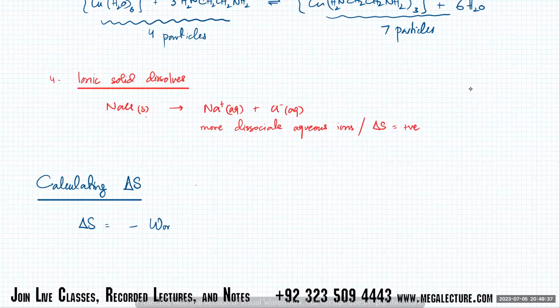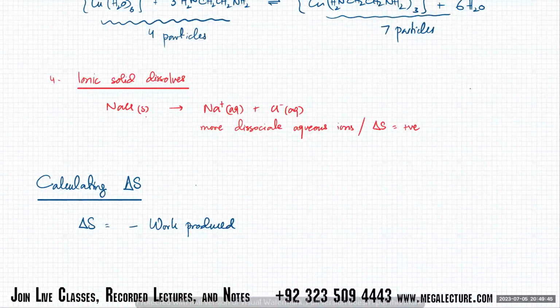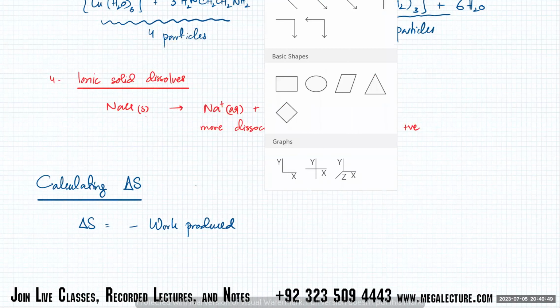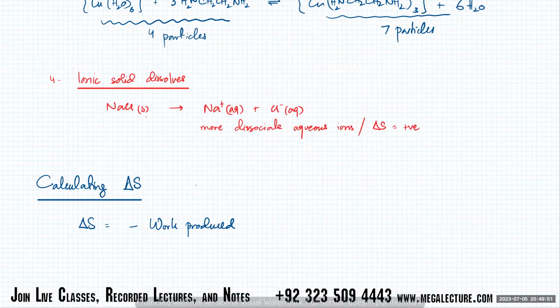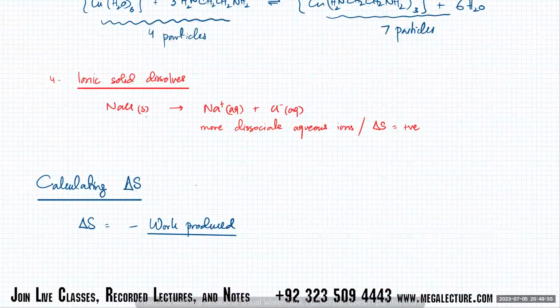It's the work that's going to be produced. Work produced is exothermic, so that's why you've got a negative sign. Whenever work gets produced, that's an exothermic process, so I've put a negative sign. And temperature is important because in the steam reaction, the amount of work that's going to be produced is going to be different at a different temperature.